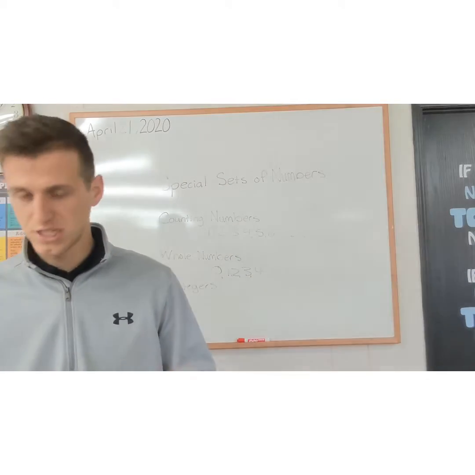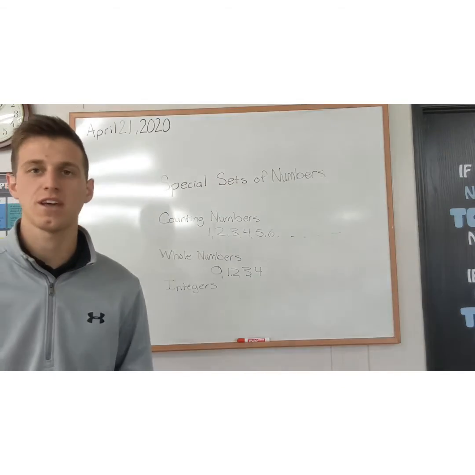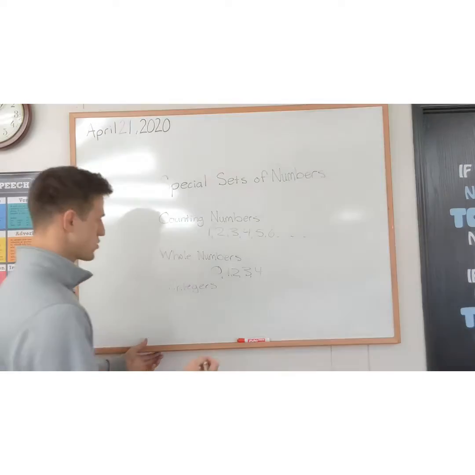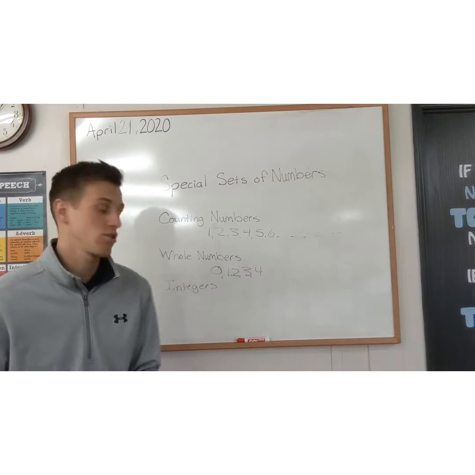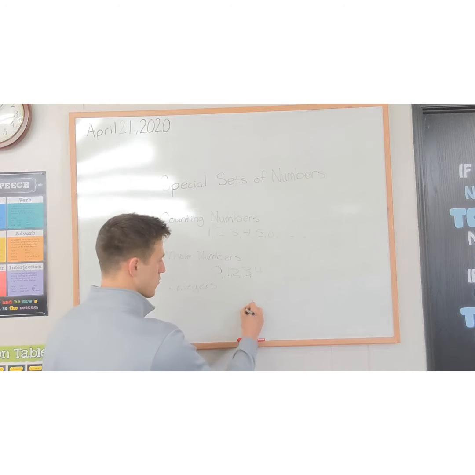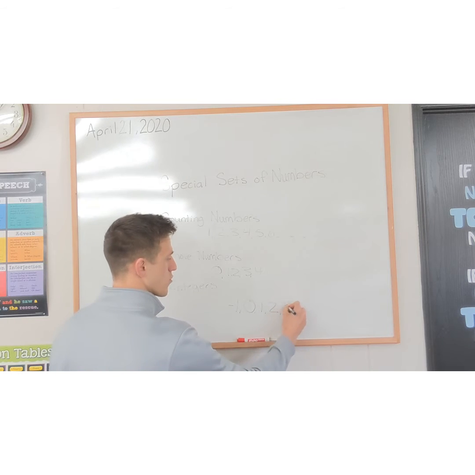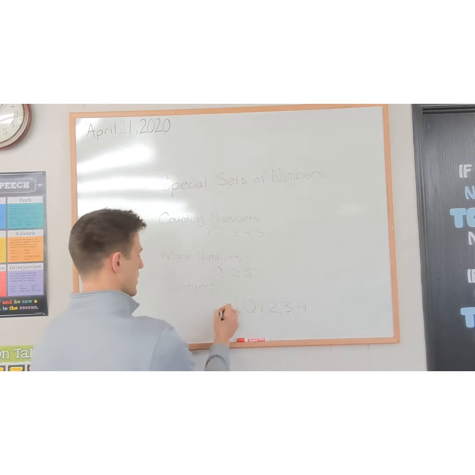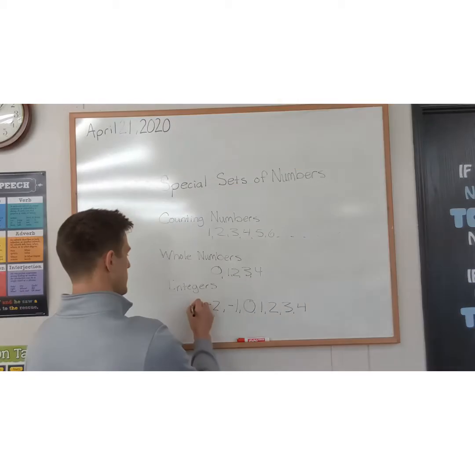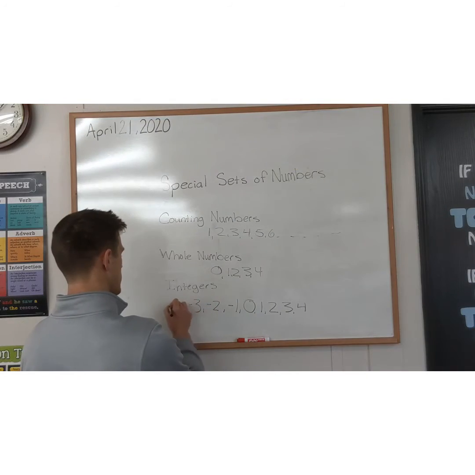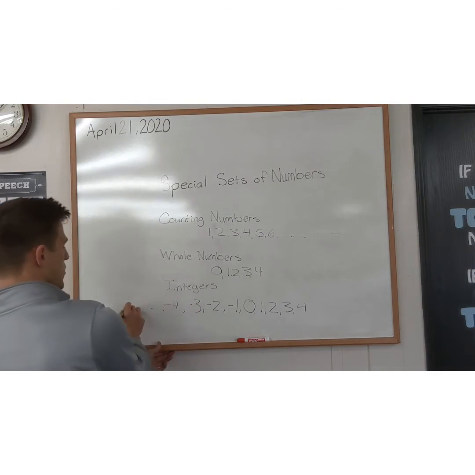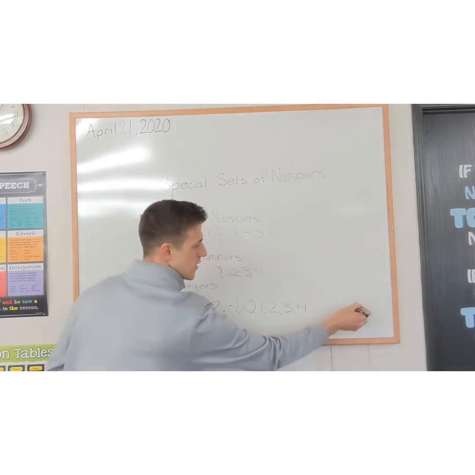But notice 0 has no opposite, so there's nothing like negative 0. So our integers, let's start at 0. So we have 0 here. We go 1 this way, and then we have negative 1, and we have 2, 3, 4. We're going to have to go negative 2, negative 3, negative 4, and so on this way, and so on